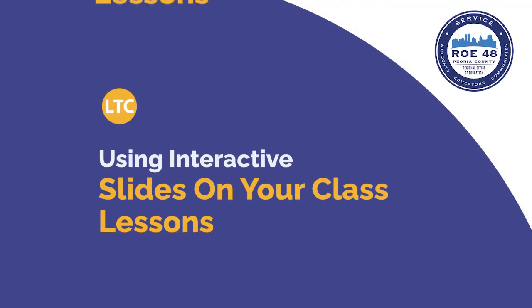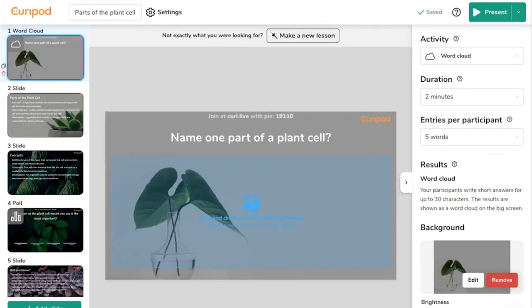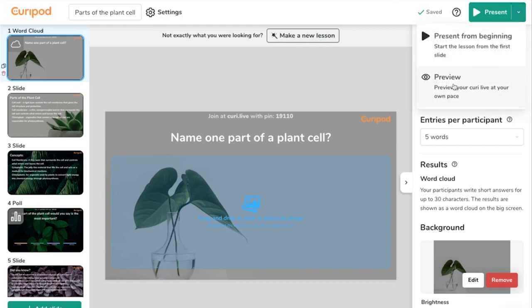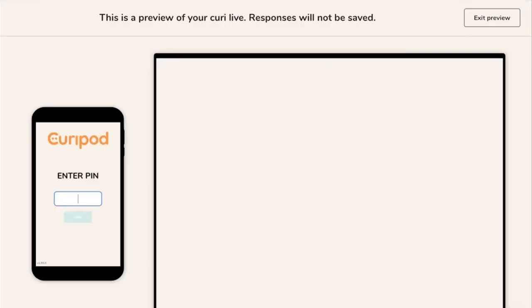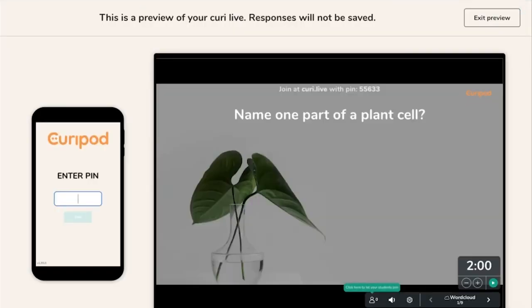When your lesson is ready to go and you want to present to students, there is a present button in the upper right-hand corner. But there's also a preview option. So if I click on the down arrow next to present, I can go to preview. So let me show you the preview of what the slideshow looks like from the student perspective and from your